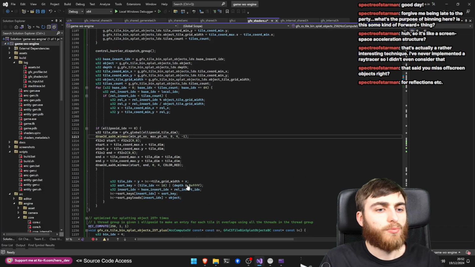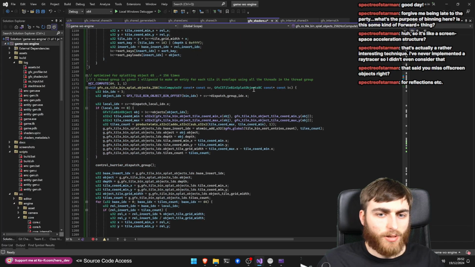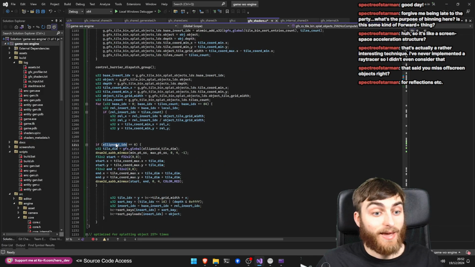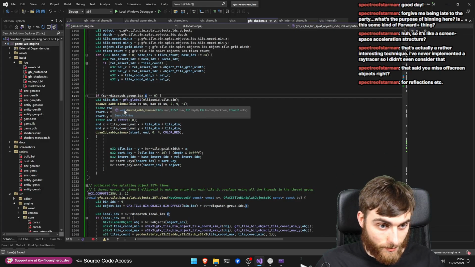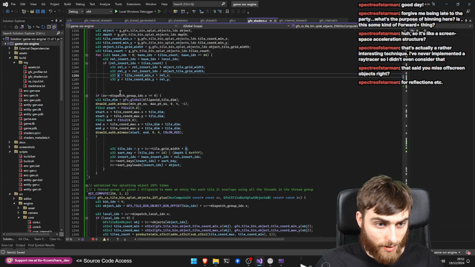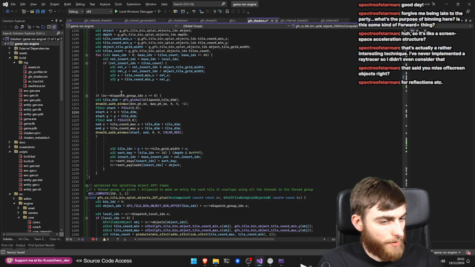Right, so we really want to run this code if this is equal to 0, so it's the first ellipsoid, and if, excuse me, so the tile index, yes, it's bxy